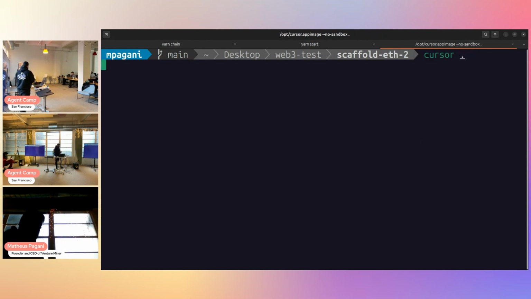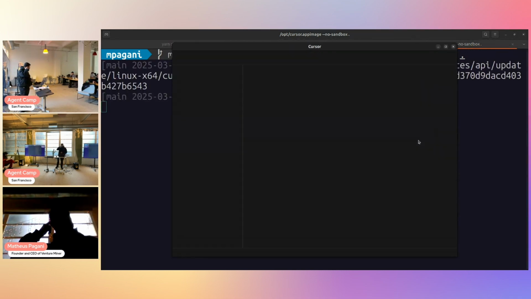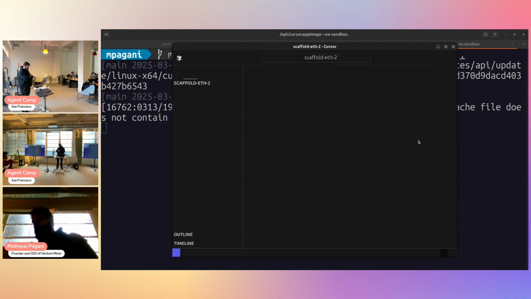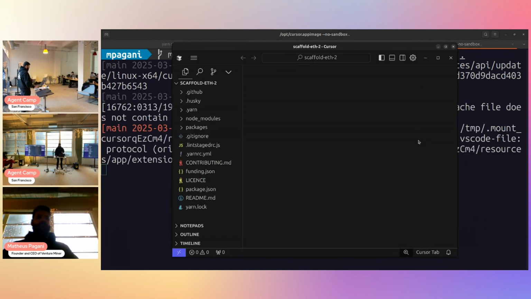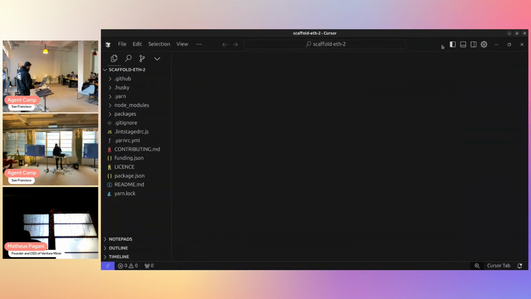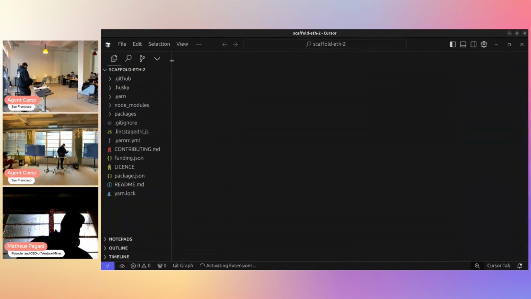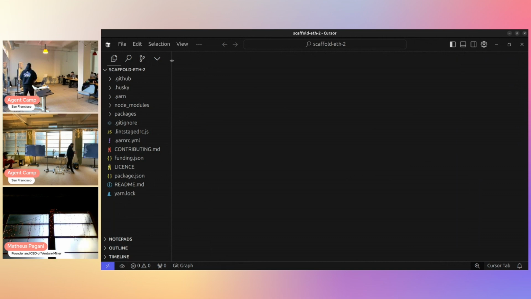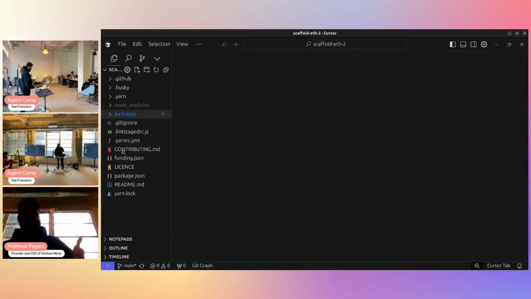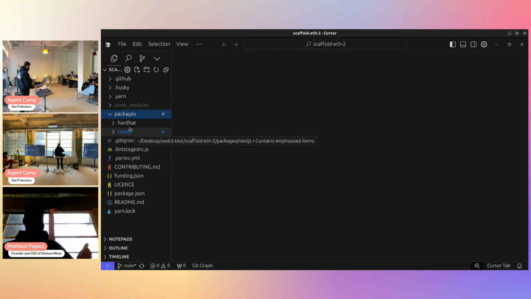You can open that with VS Code and use your extensions there, or open this in your favorite code editor. And here we can start playing with it. For example, all of you that answered that you are newcomers to Web3, you didn't have the chance to deploy a smart contract before. This is the structure of a project, and inside these packages, I'm going to have one for the smart contract and one for the front end.